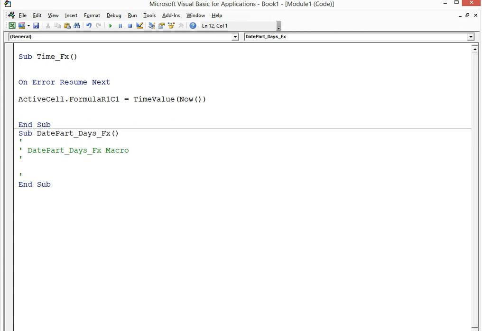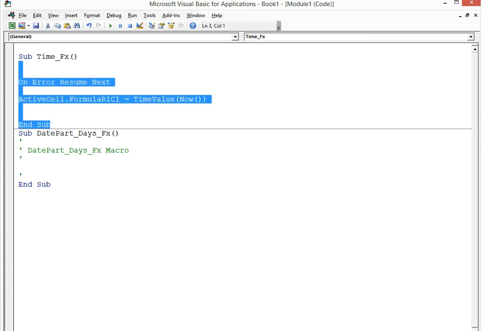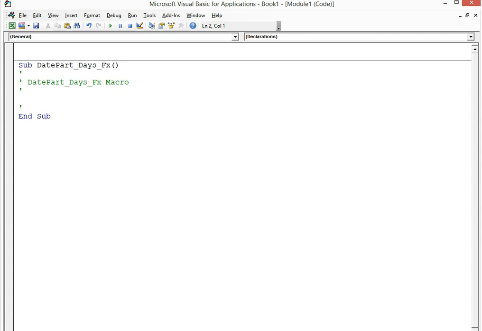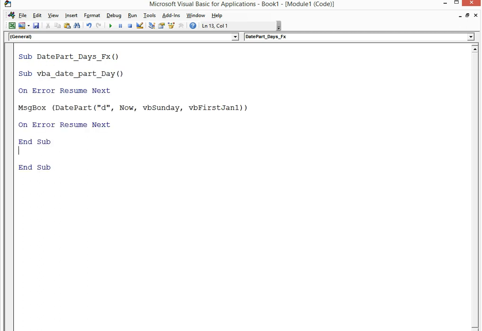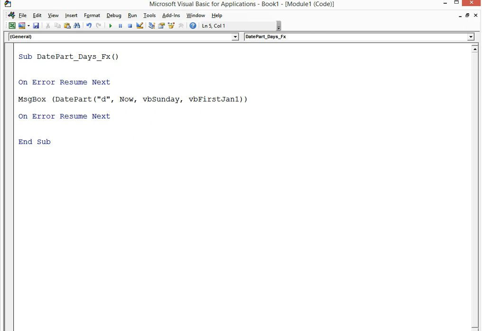I'm going to click on Edit, and I'm going to get rid of this stuff up here. So I'm going to delete the comments in here. I'm going to paste in the code. I'm going to get rid of the duplicate End Subs and the duplicate Sub, and there's my code. So I don't actually need this error handling underneath, it just needs to be